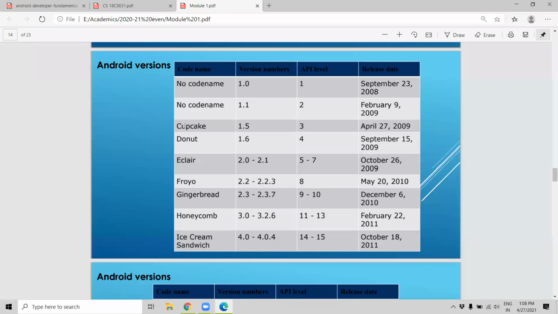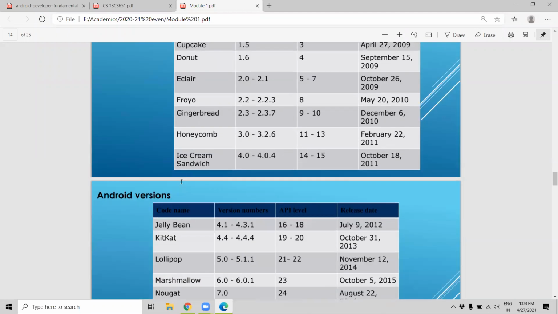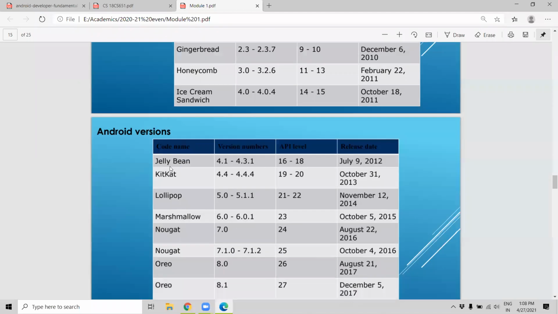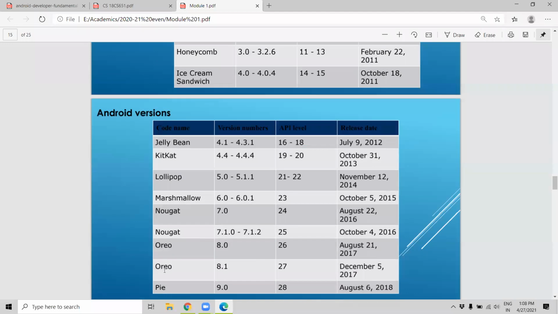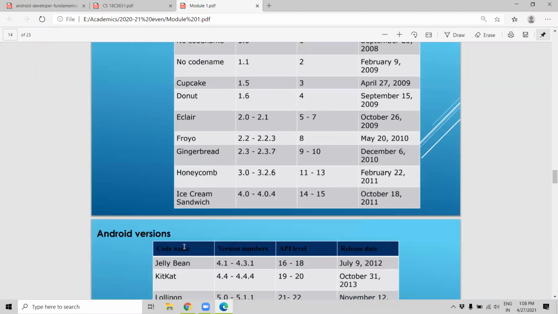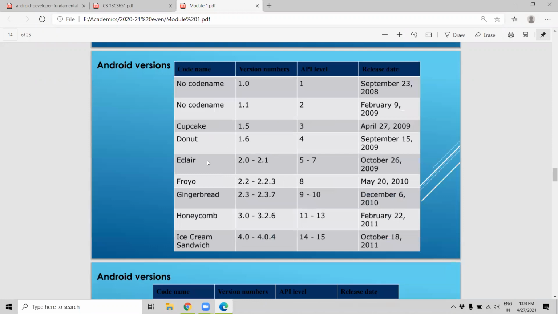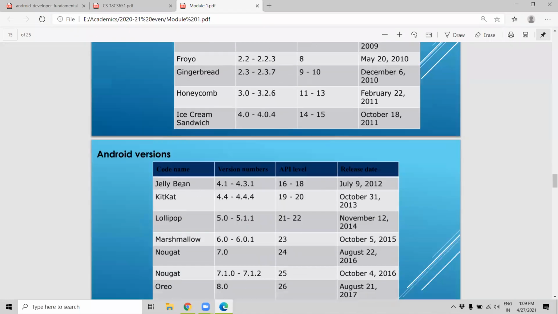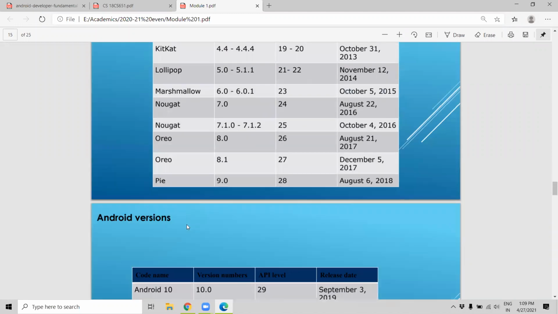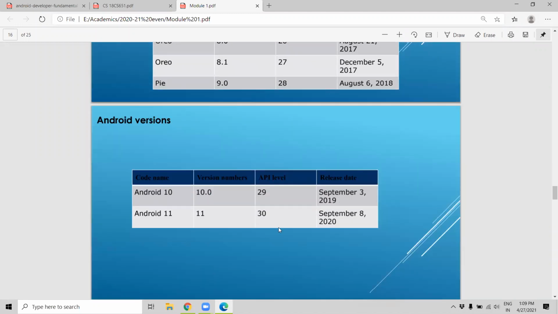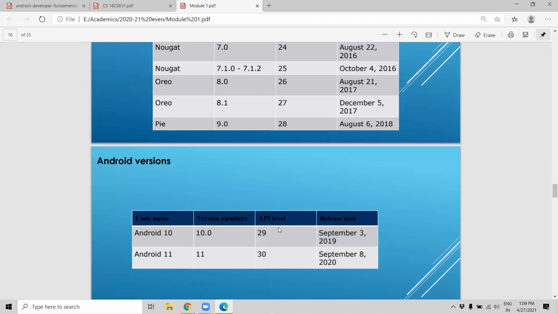After that, they followed the alphabetical order C, D, E, F, G, H, I, J, K, L, M, N, O, P. The names are cupcake, donut, eclair, froyo, gingerbread, honeycomb, ice cream sandwich. These are just funny names they kept for the Android versions. Marshmallow, nougat, Oreo, pie, Android 10 and 11. I think they are still searching for names.